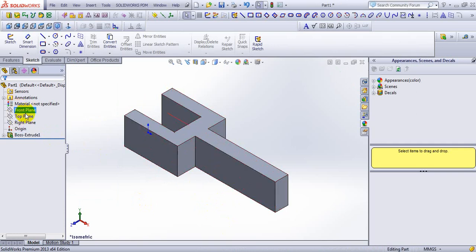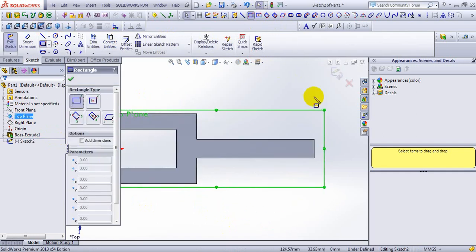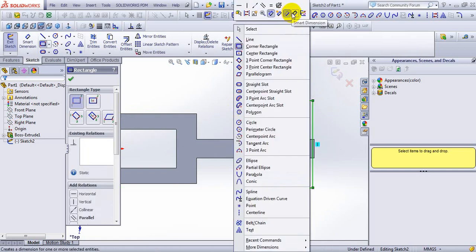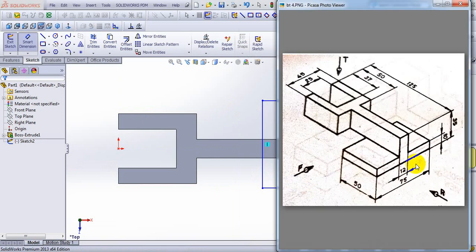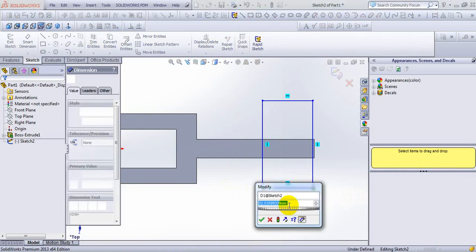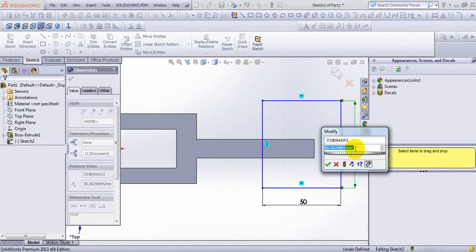Now select again top plane, top view, take one more rectangle. Draw one rectangle, make dimension 50 into 75. 50 mm, and this is 75.